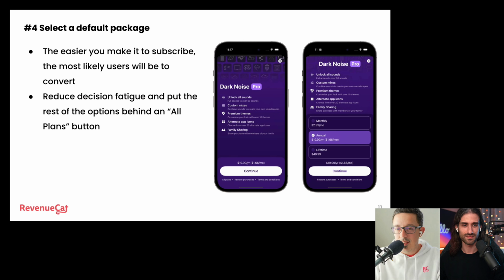I have to guess that the reason there is what we talked about earlier with the price anchoring, but I don't actually know. But this is an example. Definitely test everything here. But you should think carefully, even when you're showing all of your plans, about which one you show as the default, and not just think about it, but like I keep saying, test it. Because you'll often be surprised by the results, and maybe you'll back into an explanation on why that's how users behave. But yeah, it's not something you can always intuit.